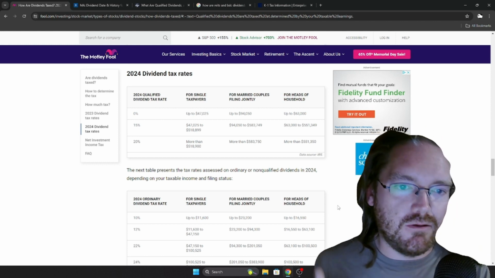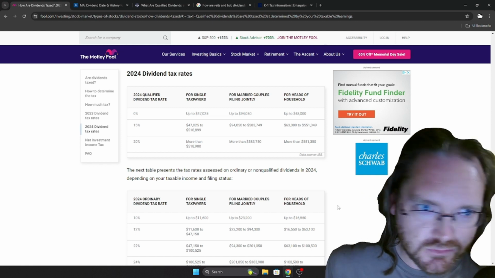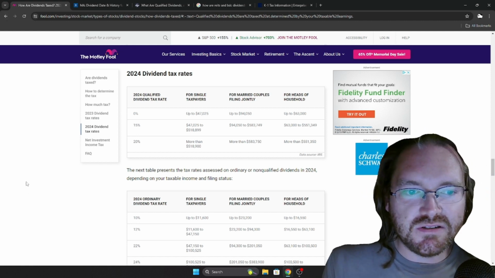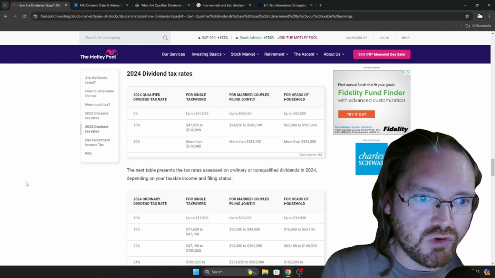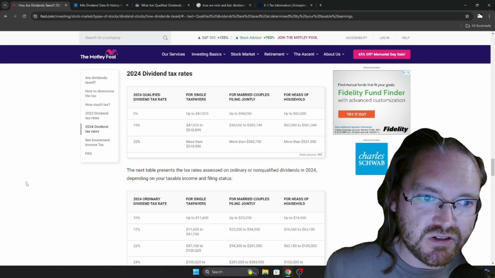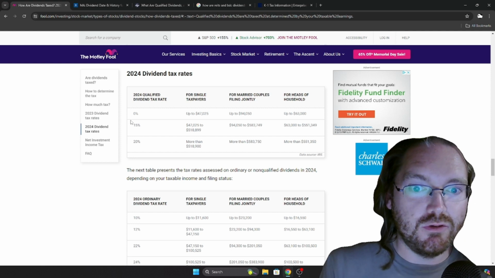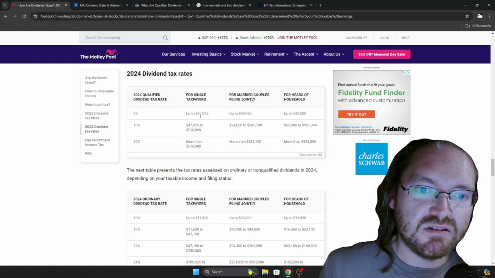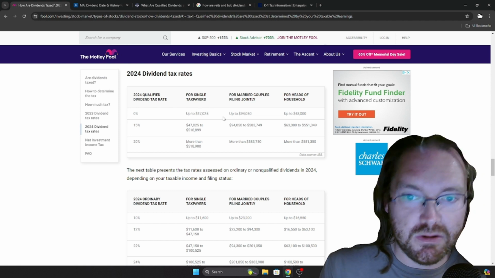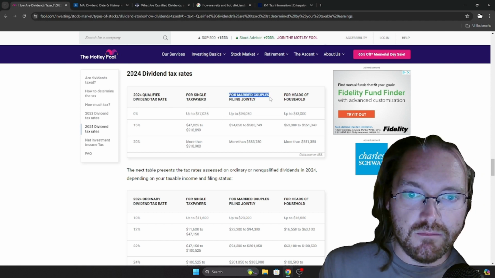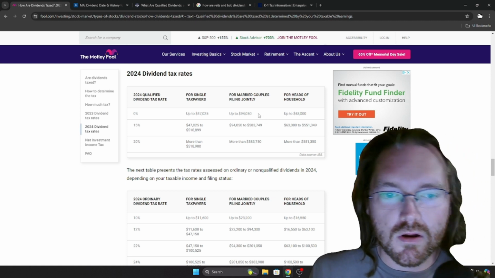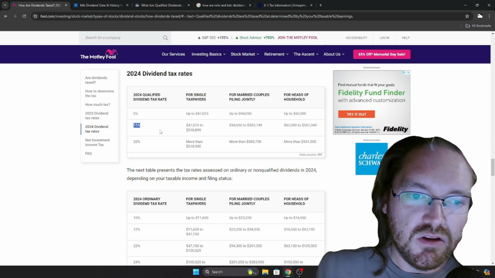Okay, now, without further ado, let's go ahead and take a look here. The dividend tax rates, these are for 2024. Qualified dividend tax rate: you pay 0% if you make $47,025 or below. Married filing jointly, $94,050 or below. You got your 15%,